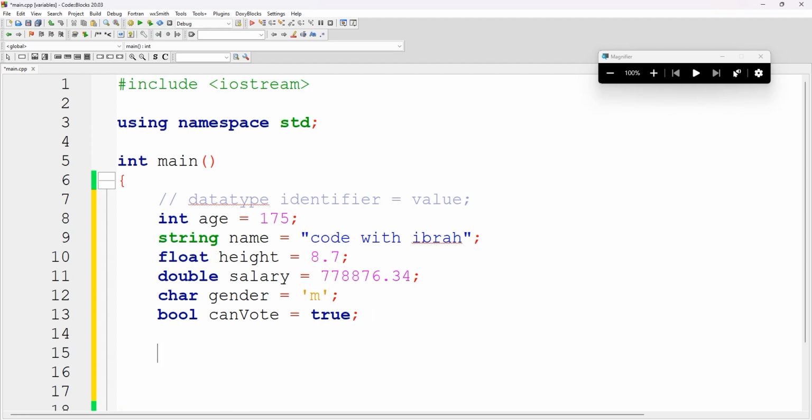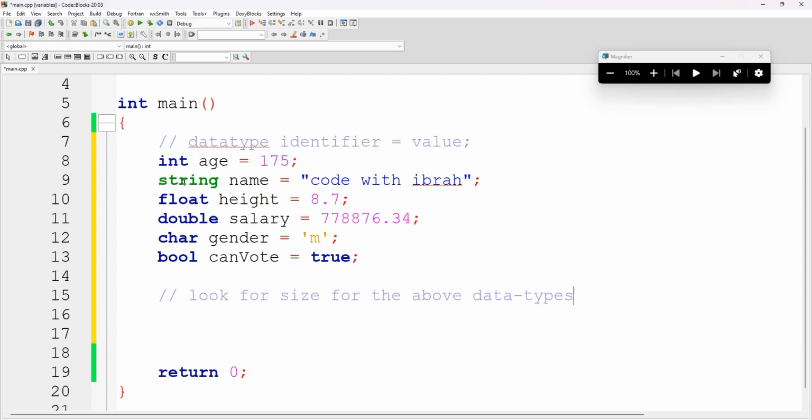Variable creation actually. Now the assignment I'm giving you is to look for sizes for the above data types. Okay, so go and then look for sizes. What is the size of integer? What is the size of string? The size of float? All of them. Look for the sizes. Okay, and then when you finish, just do this: